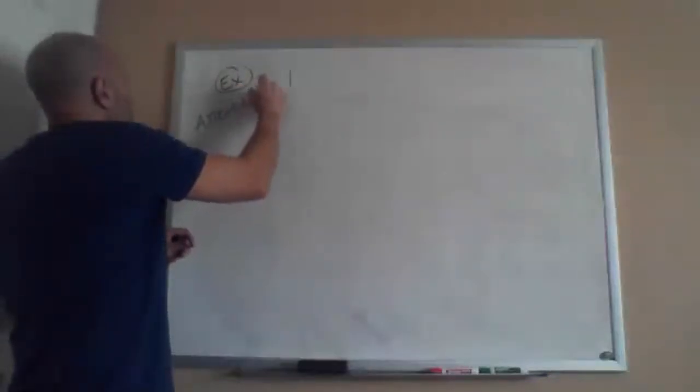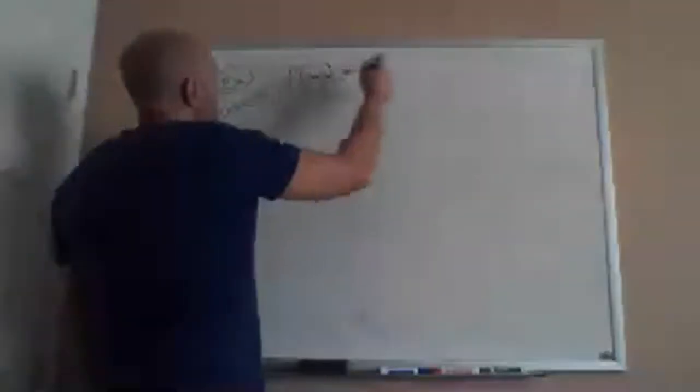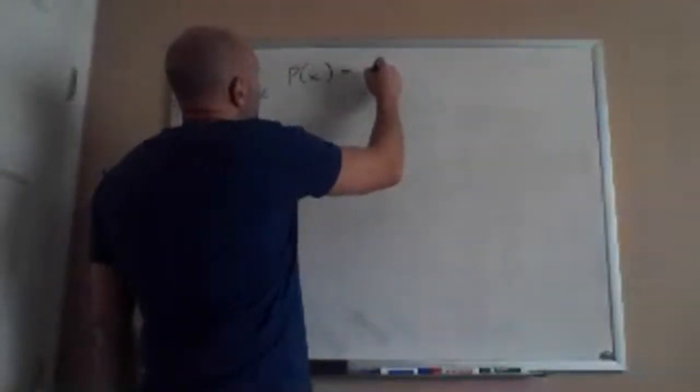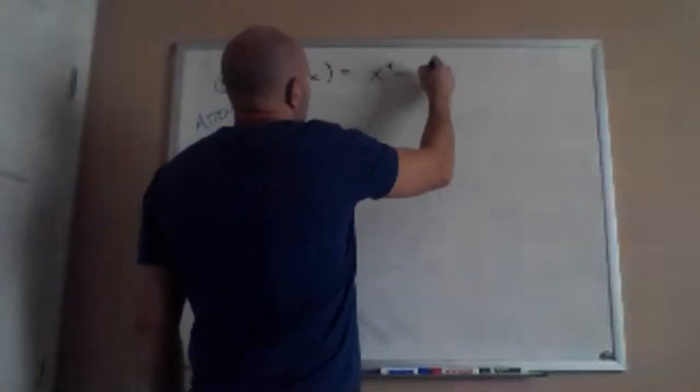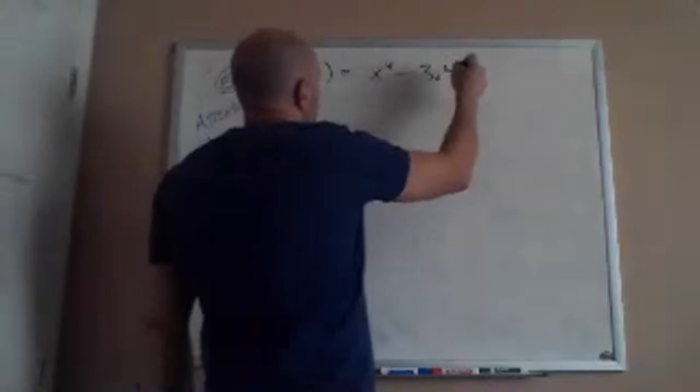So this is probably better anyways, because it's sort of new material here. So again, this will be the problem you put in your ticket out the door notebook. So p of x is x to the 4th minus 3x squared